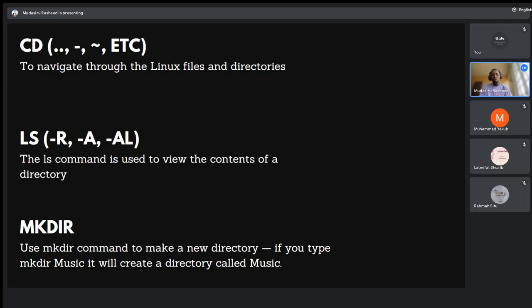Okay, so we use R, which is recursive, to list every element. Let's say we have a subfolder. I'm in a particular folder, and I still have another folder inside that folder. So I can use ls with R, which is recursive, to list every element in every folder that's inside this particular folder. We could be talking about a top level, or 3 level, or 4 level or 5 level, depending on the number of levels that particular directory or folder has.